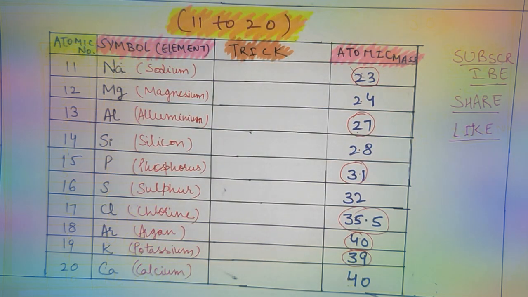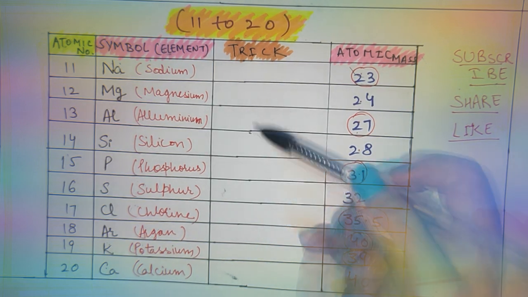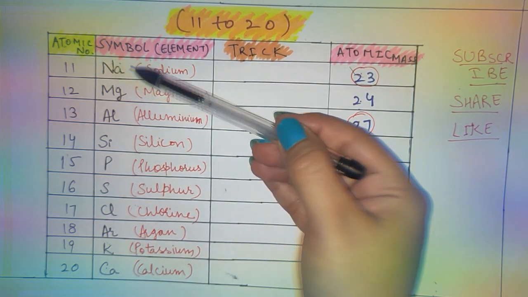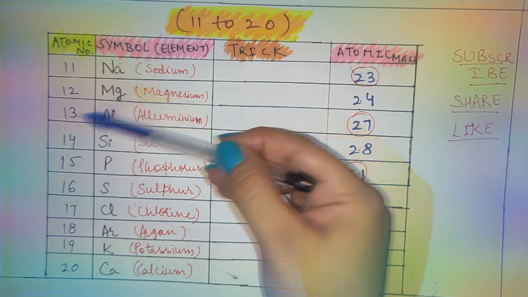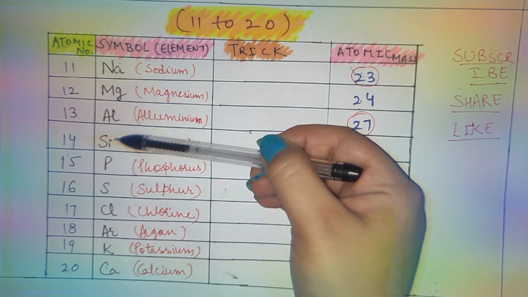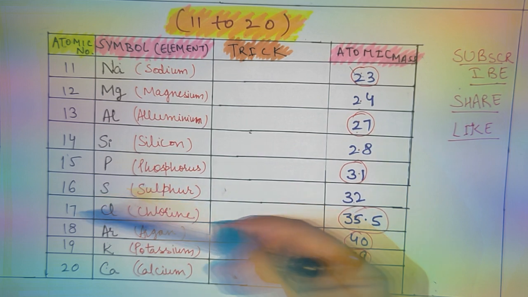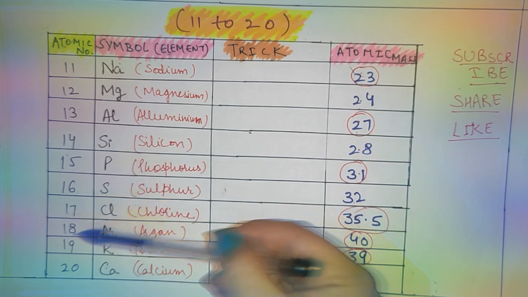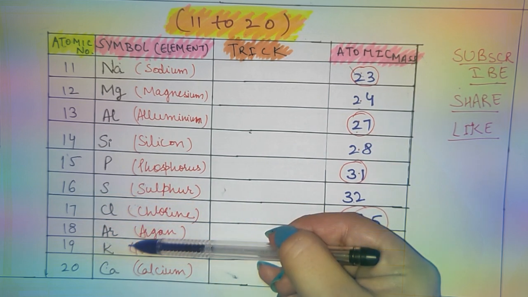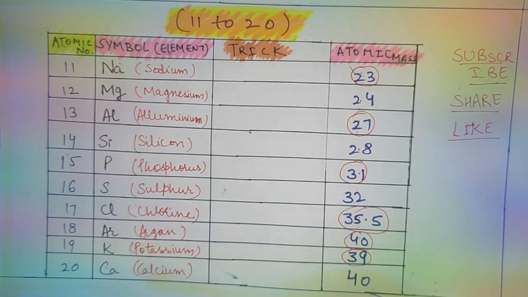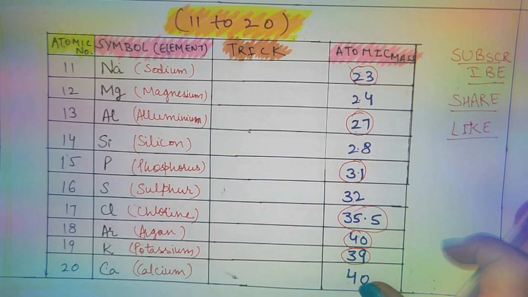For 11 to 20 we have atomic number 11 for sodium, then 12 for magnesium, 13 for aluminium, 14 for silicon, 15 for phosphorus, 16 for sulfur, 17 for chlorine, 18 for argon, 19 for potassium, 20 for calcium. And here the trick is